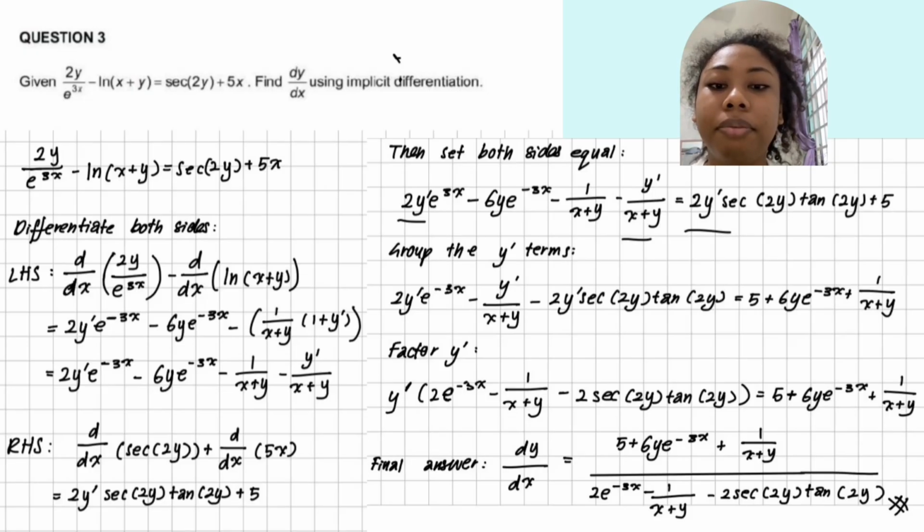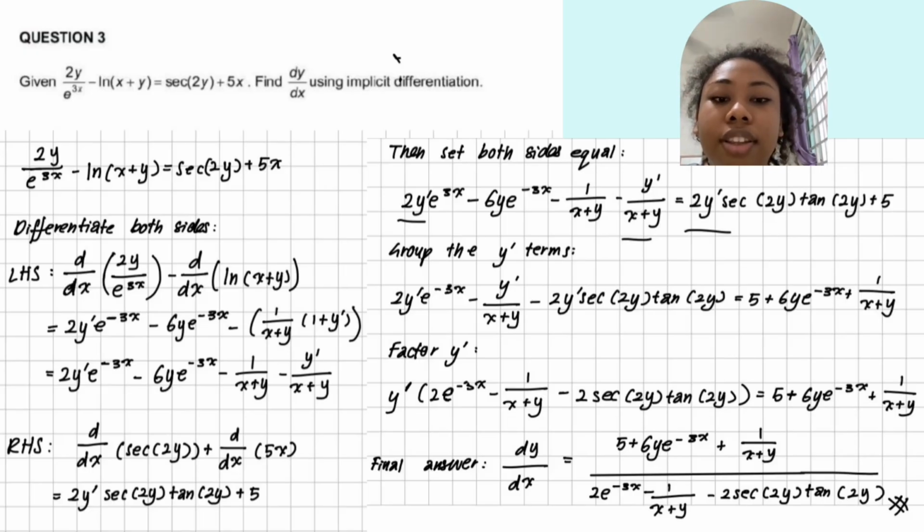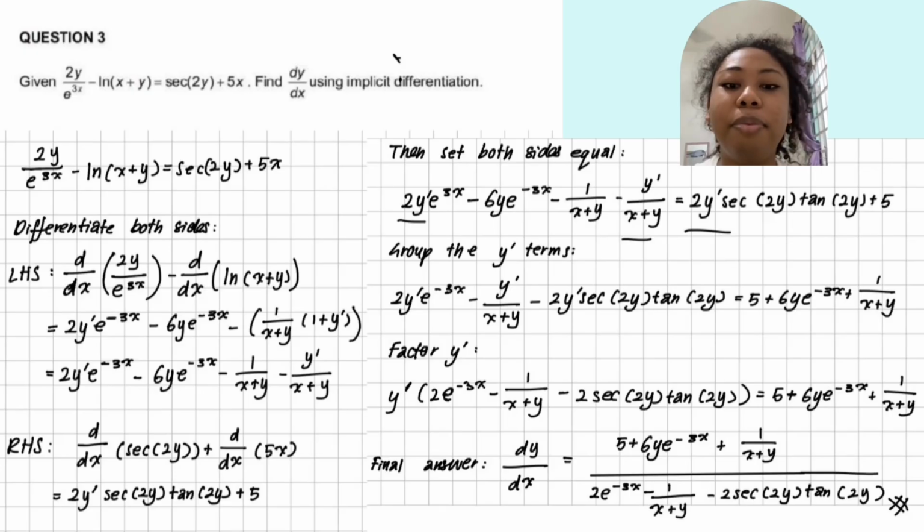2y prime e to the power of negative 3x minus y prime over x plus y minus 2y prime sec 2y tan 2y equals 5 plus 6y e to the power of negative 3x plus 1 over x plus y. And then we will factor y prime out, which is y prime outside the bracket, 2e to the power of negative 3x minus 1 over x plus y minus